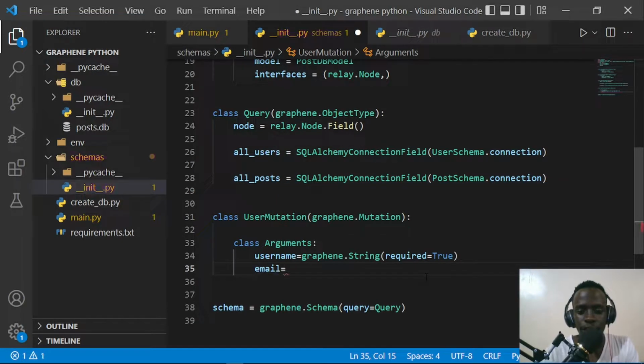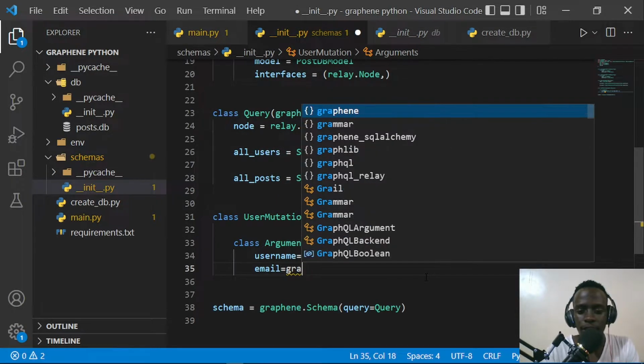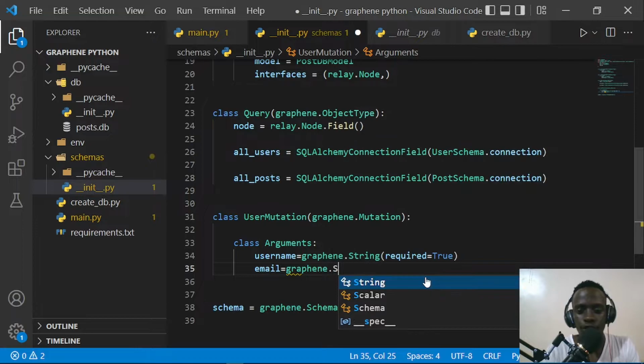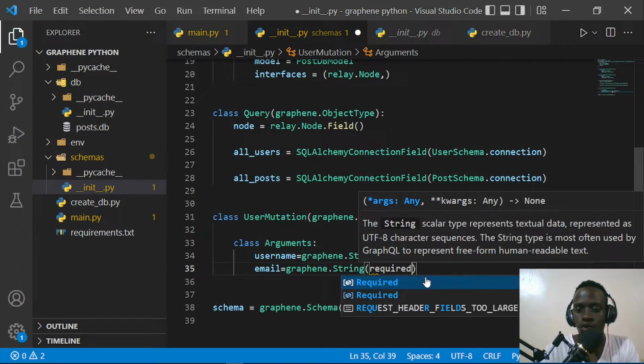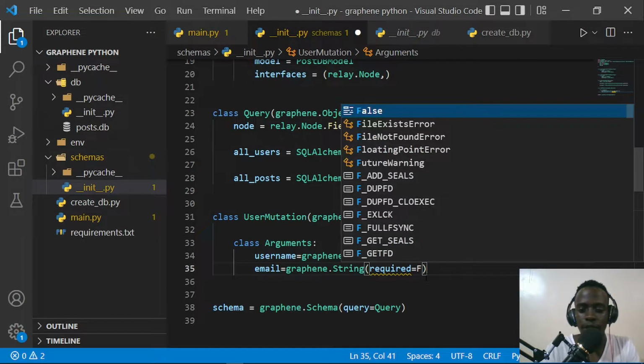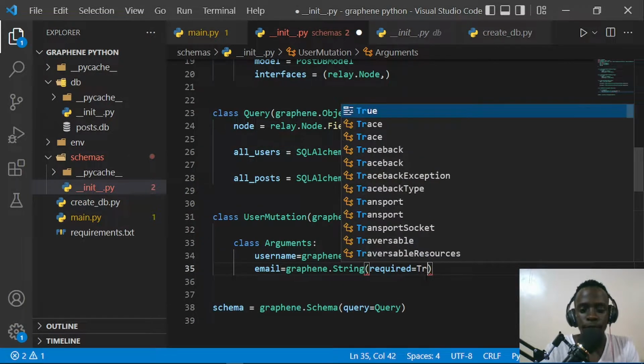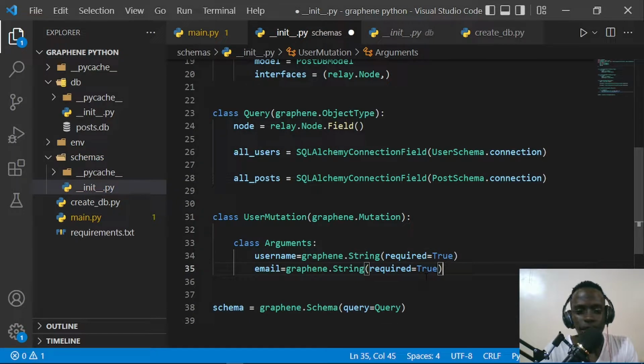Now I'm going to say that we shall have our email being graphene.string. And once we have this, we can also say that it's also required. So we can say required equals true. And once we are done with this, now let's go ahead and define what actually happens when